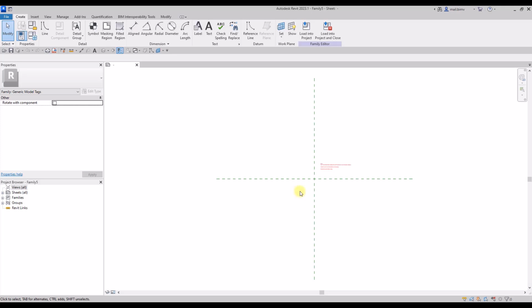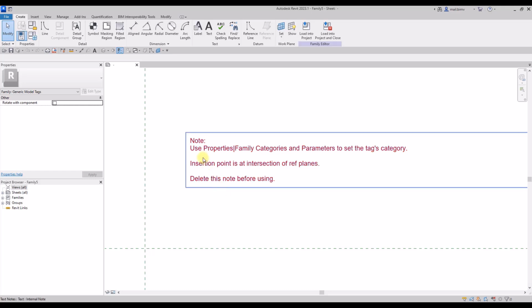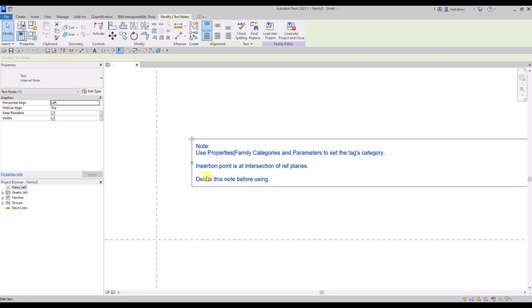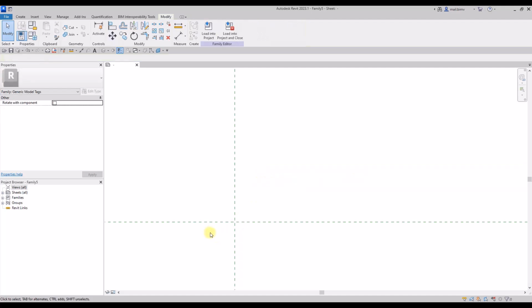I click open, and because practically all labels look pretty much the same, there are no characteristic things such as a wall, where we have a window in a window template. Here in this template everything looks almost the same, and let's see what this text hint tells us. It says that in the properties of this family, in category and parameters, we should set the category of this description. Additionally, that the intersection point is the insertion point, and we can delete this text after reading it. So I delete it,